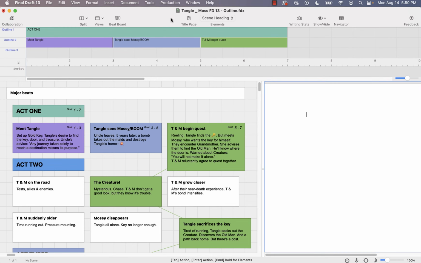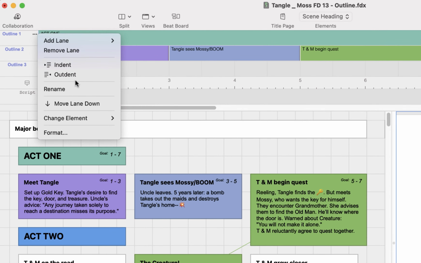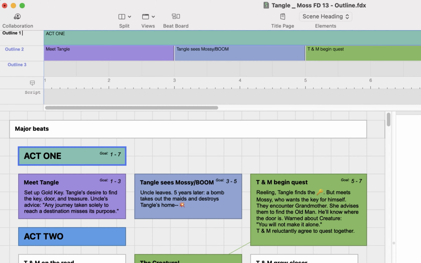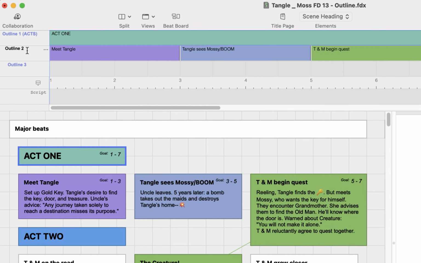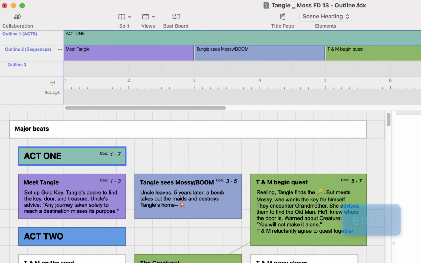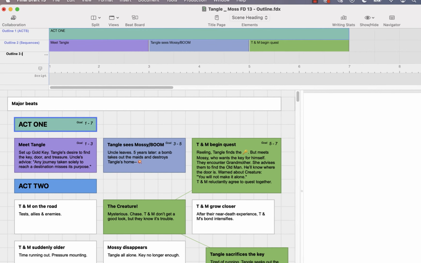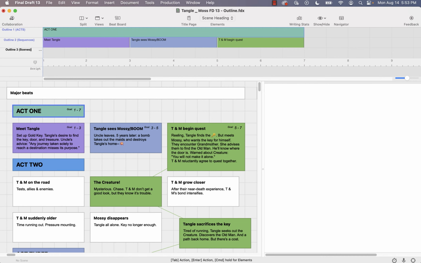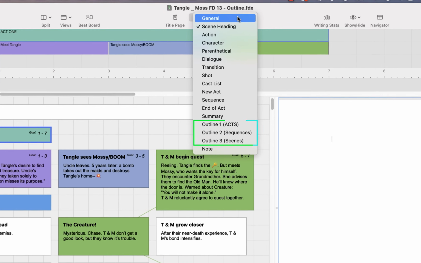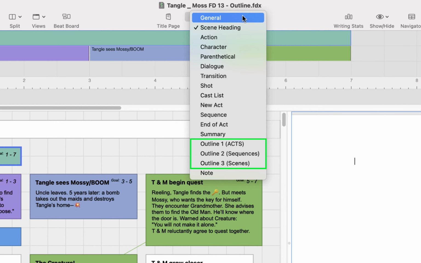You can rename an outline lane and its corresponding element by choosing Rename from the Lane menu or clicking the lane's label. Once you rename it, press Return on Mac or Enter on Windows to commit the change. For example, after renaming Outline 3 Scenes, you can click on the toolbar's Elements menu and see the name change reflected in the Elements list.